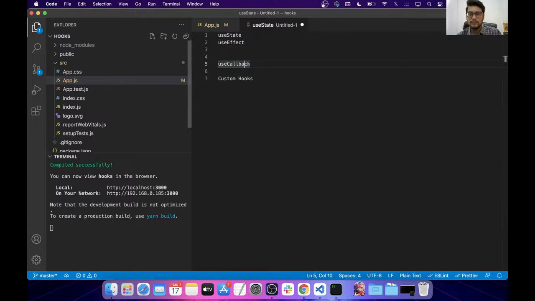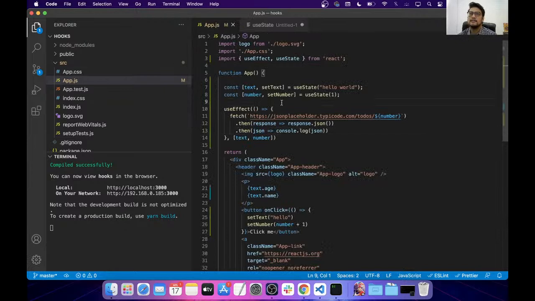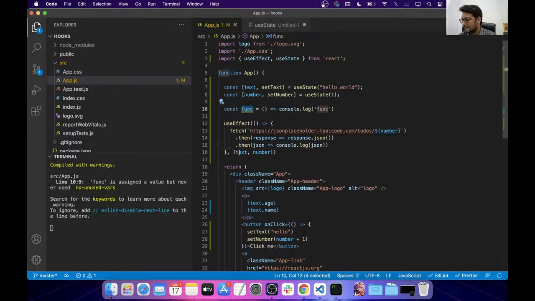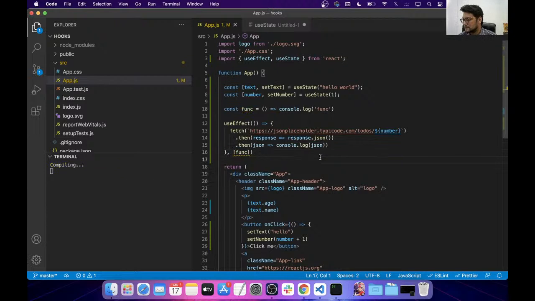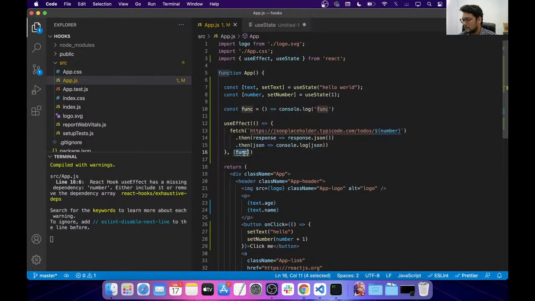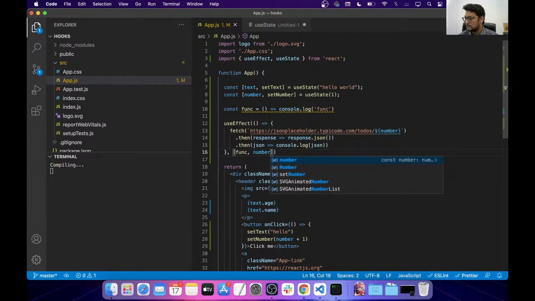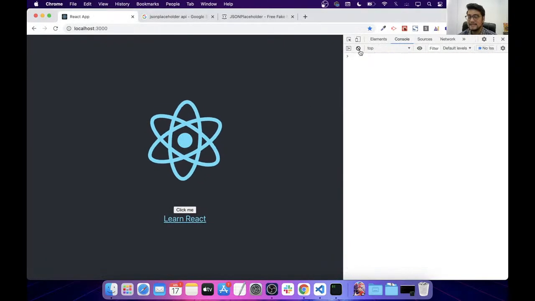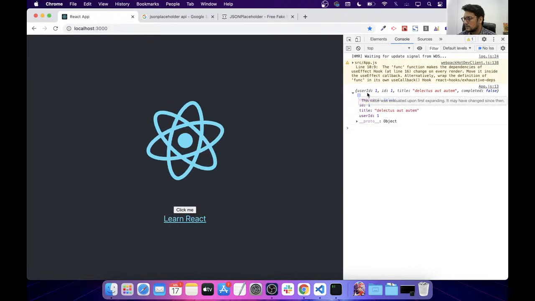Now let's move on to useCallback. Okay, so useCallback is basically, let me set up an example, and then I'm going to walk you through. So const func equal to a normal function which just console.logs func. Okay, right, so let's do that. So now let's do this thing, and let's see how that works. So basically